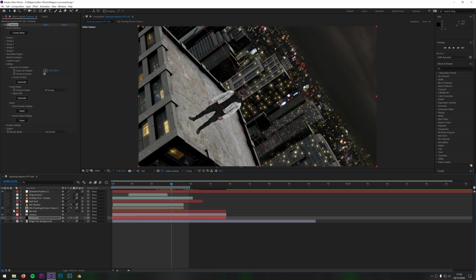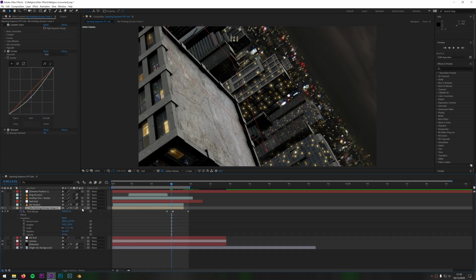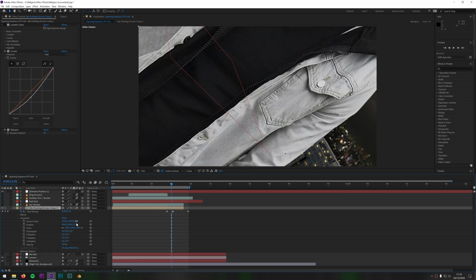So the way to actually get myself onto that is I'll start this off how you would when you first get it into your composition. So I'll just reset everything there. Okay, I shot this in 4K. This comp is 1080p, that's why my head's cut off at the top. So the first thing you need to do is make this layer 3D. If you don't, you're not going to get a Z-axis location. So you need to make yourself layer 3D, and then you also get X, Y, and Z.